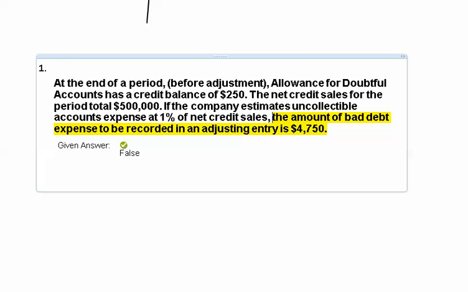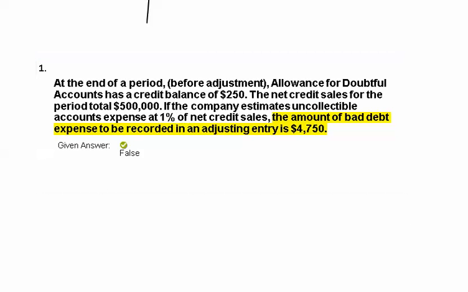At the end of the period before adjustment, the allowance for doubtful accounts has a credit balance of $250. The net credit sales for the period, right there, are giving me an indication they're probably going to be using the percentage of sales method because they're not talking about the analysis. The net credit sales for the period total $500,000. If the company estimates uncollectible accounts receivable at 1% of net sales,